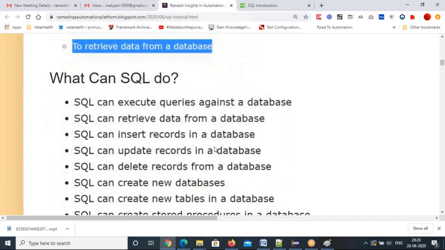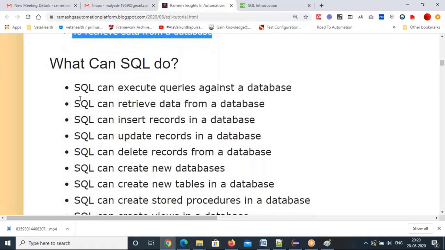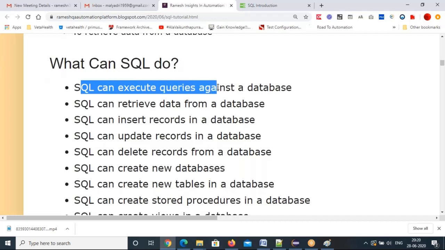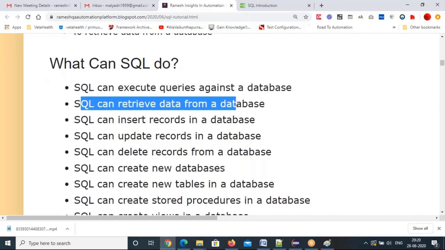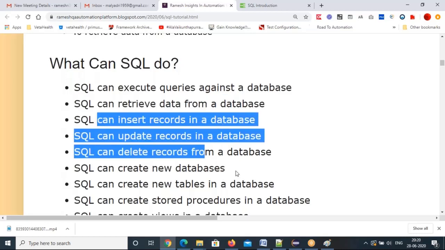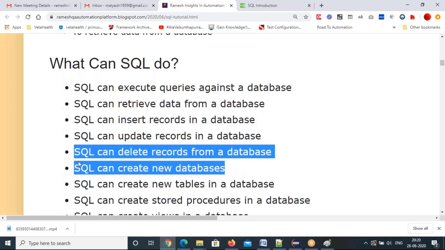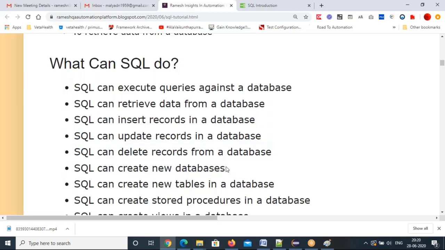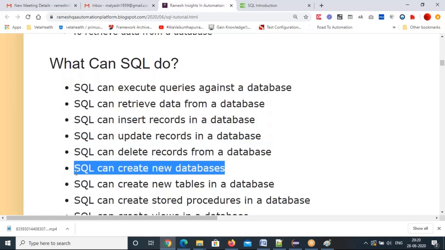So what other actions can you do? SQL can execute queries against a database. SQL can retrieve data from the database. SQL can insert, update, delete, and also create new databases. But basically, this operation is done by the architect and developers.